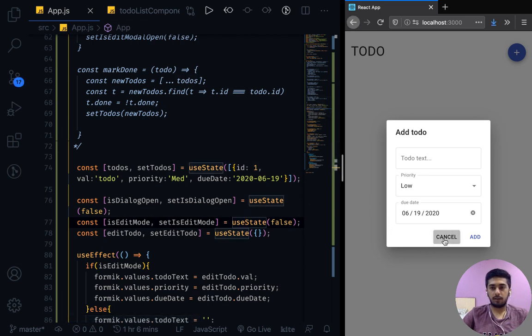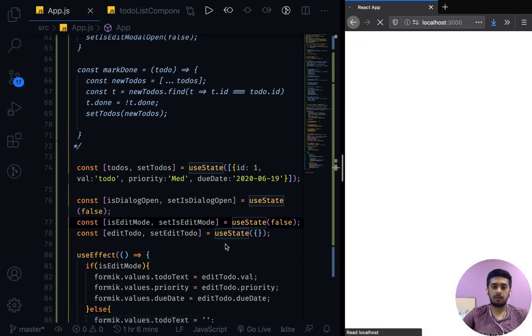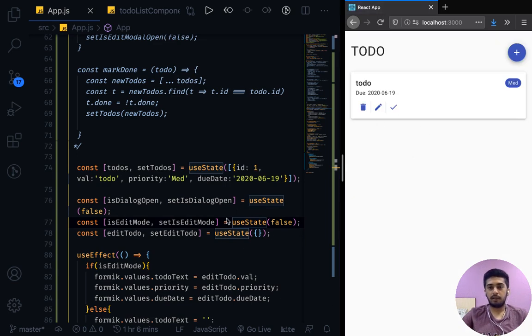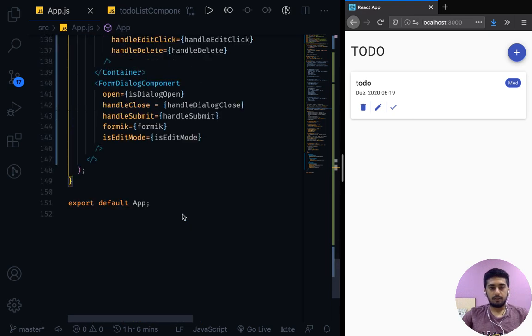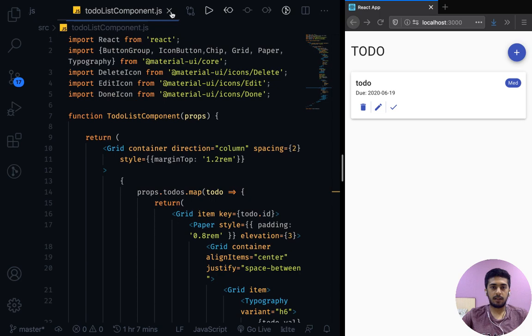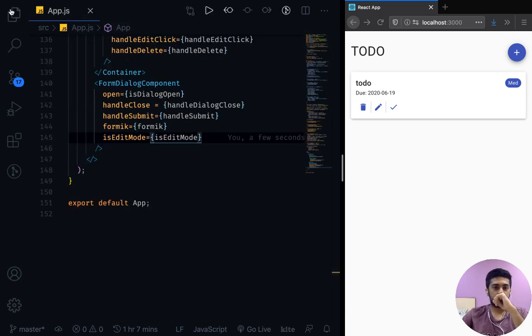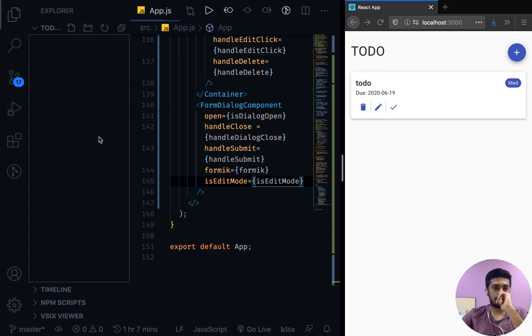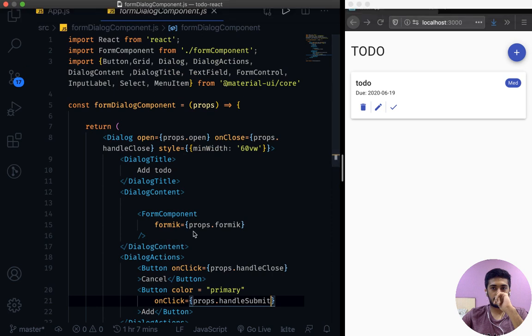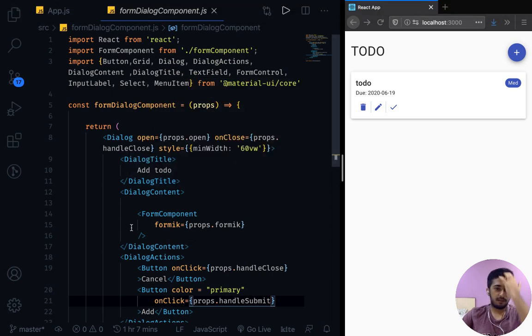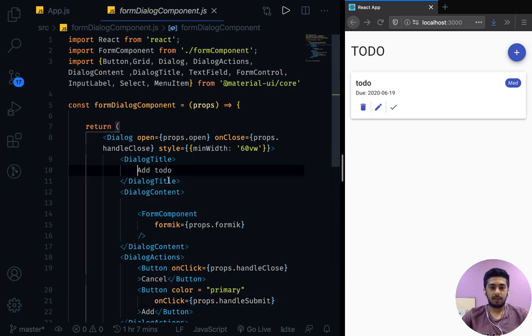Now we'll have a to do by default over here. Yeah, so now you see we have a to do by default. We can play around. So we have told form dialog component that edit mode is on. It's already been 15 minutes and this is all that we have got done. Anyway,